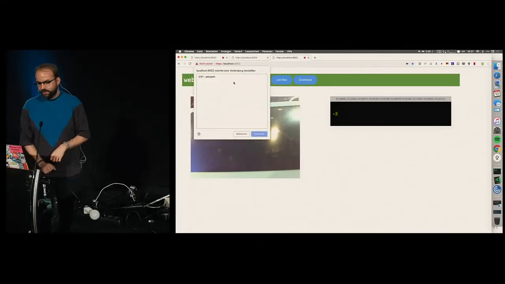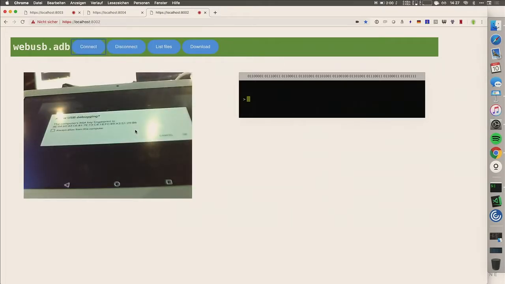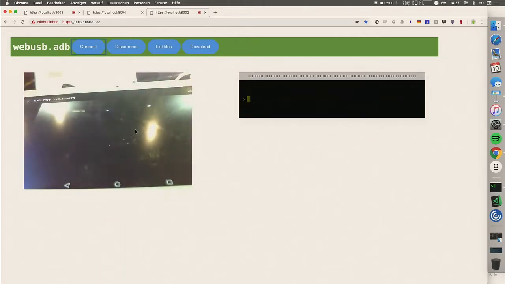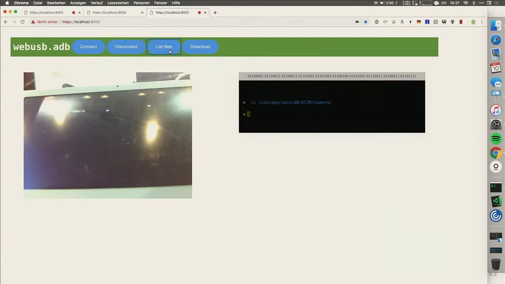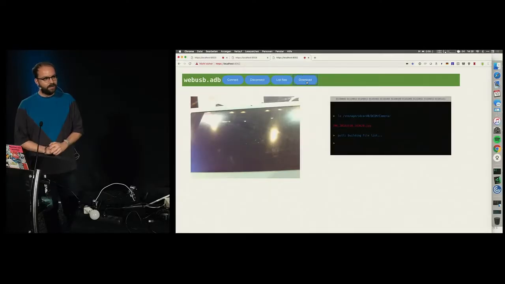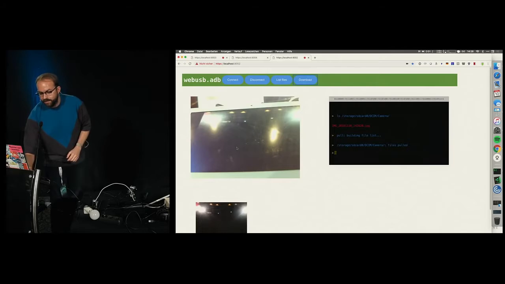First thing I have to do is connect to the device. That is my Android device. All right? Then it asks me if I want to activate the debugging, and of course, yes, I will. Next thing I'm going to do is list the files in the storage for the camera, and this should be the picture that I've just taken. Next I'll press download and see if I can actually download this picture to my browser. And yeah,